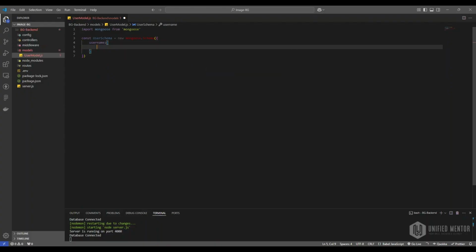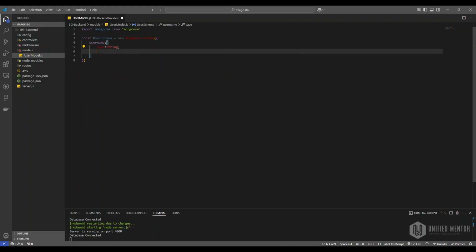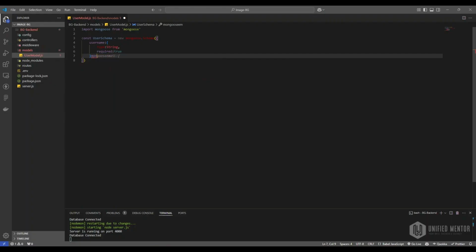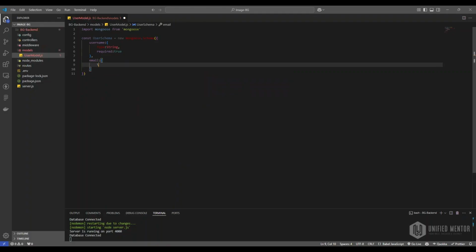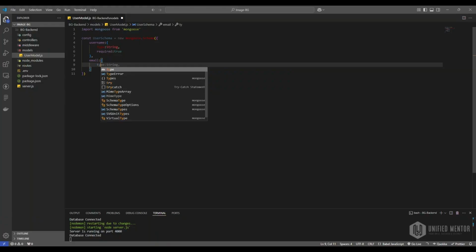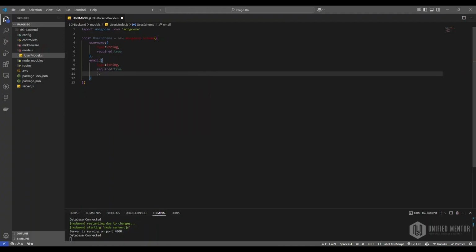We want username where the type will be String and required will be true. We want email as well. For that, just create email, where the type will be String, required true, and unique true,